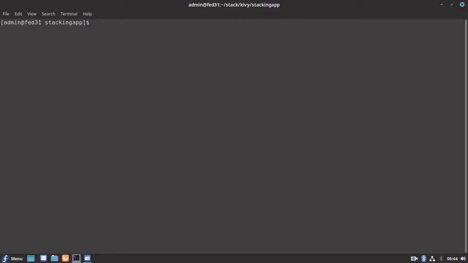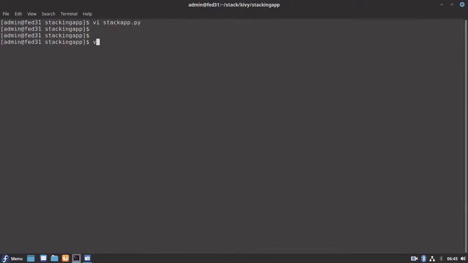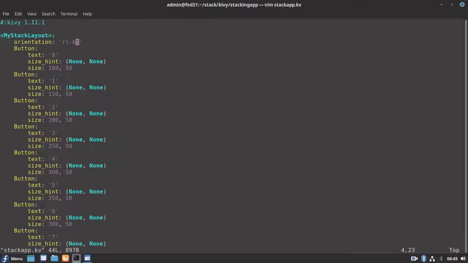Let's try to make our buttons play some sound in this example. Let me open my KV file again. I'll use the default orientation, left to right, top to bottom.